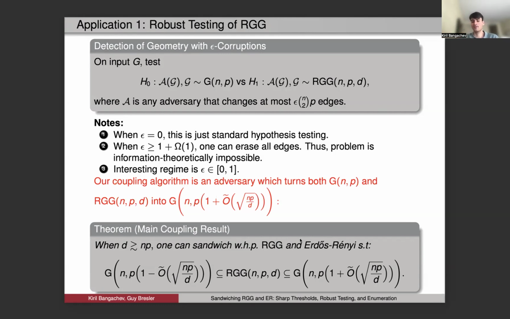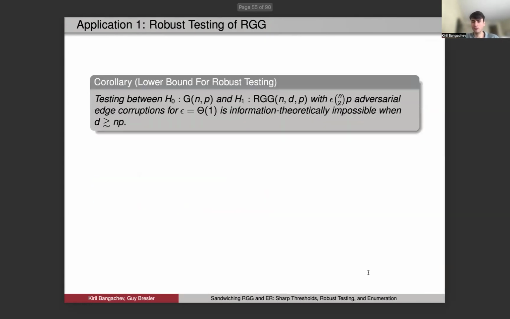And also, if we start with the Erdos-Renyi with parameter p, we can just add a few random edges and also transform it. So in particular, our coupling algorithm is an adversary, even an efficient adversary, which turns those two distributions into the same Erdos-Renyi distribution. In particular, an immediate corollary is that when the dimension is more than n times p, the robust testing problem